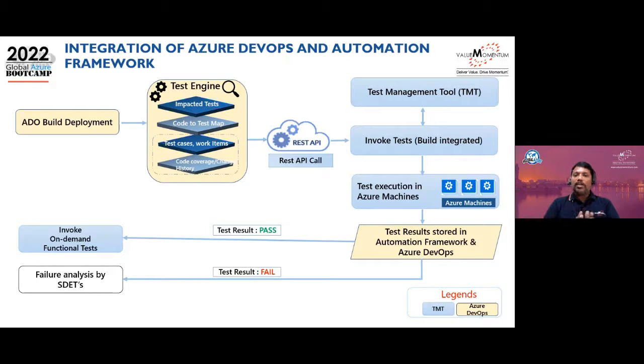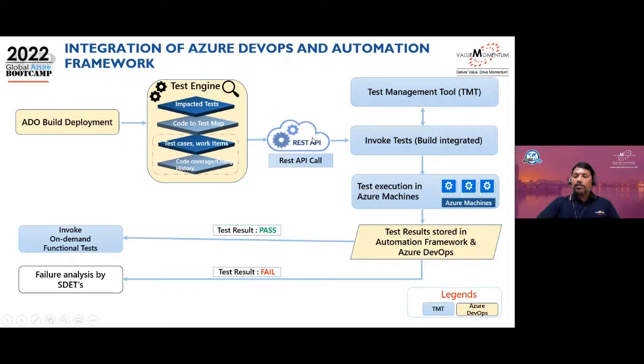So with this, it will indirectly or directly say how much test coverage is happening with the available test cases, so that is nothing but code coverage. And obviously change history will also be there. So when the build happened and how it went, all those change histories will also be there in the test engine. So from there, after I have integrated my automation framework with this Azure DevOps using REST API calls,